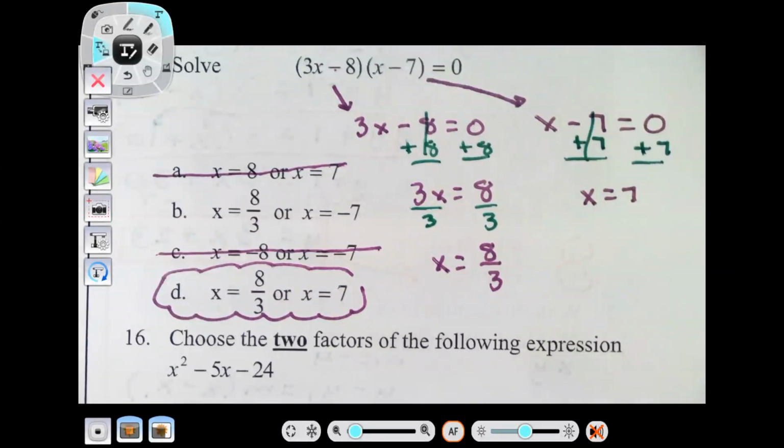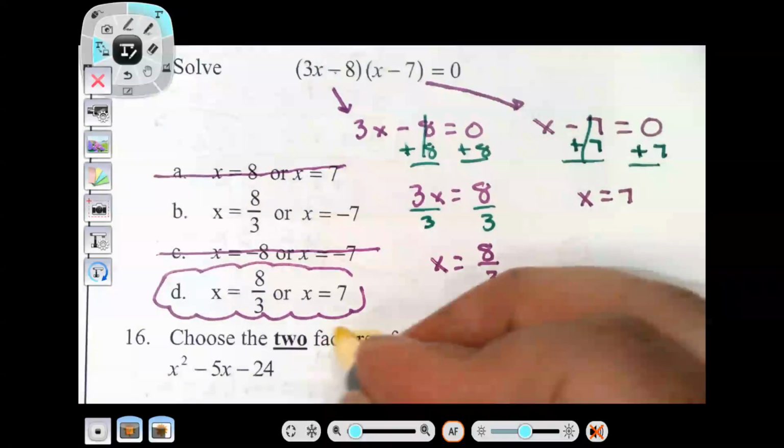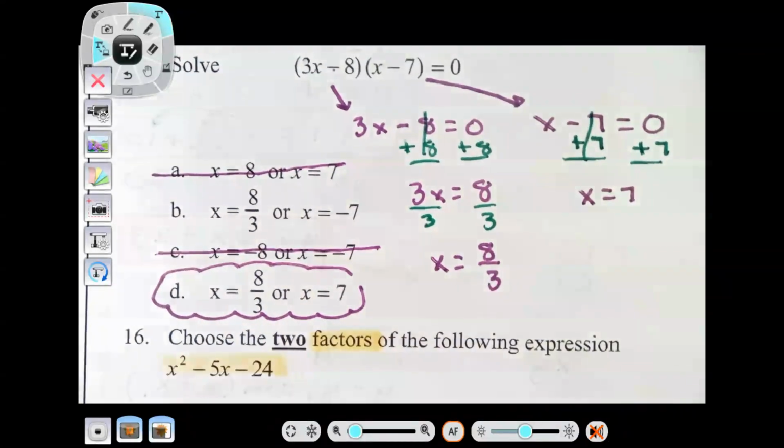All right. Number 16 is a new question that we haven't talked about yet. So we're going to do that one too. Choose the 2 factors of the following expression. I'm not worried about the choose 2. This is the word that matters. As soon as I see that word, and here's what I'm trying to work with,